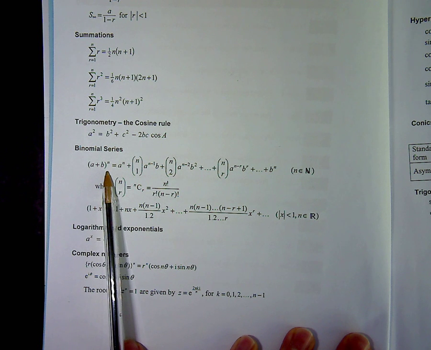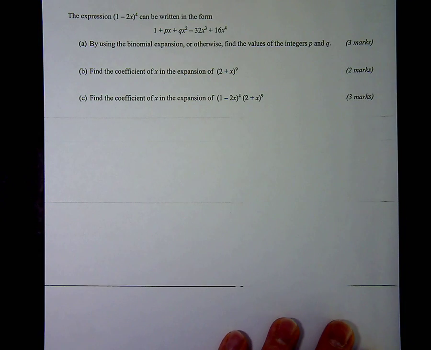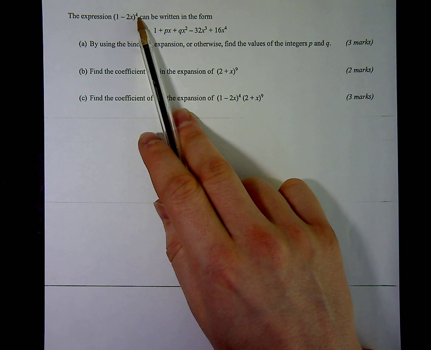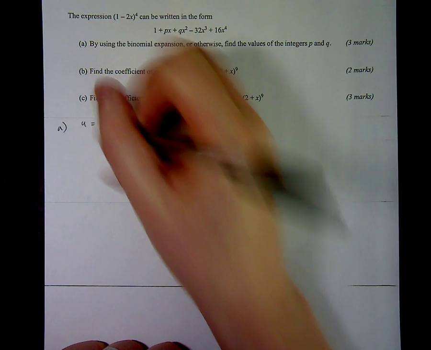The binomial expansion for a plus b to the n. The formula is given for me. All I need to do is figure out what a, b and n are in this particular question. Well, a, b and n in the same order are there, so it might just be worth jotting down for part A. A is 1,